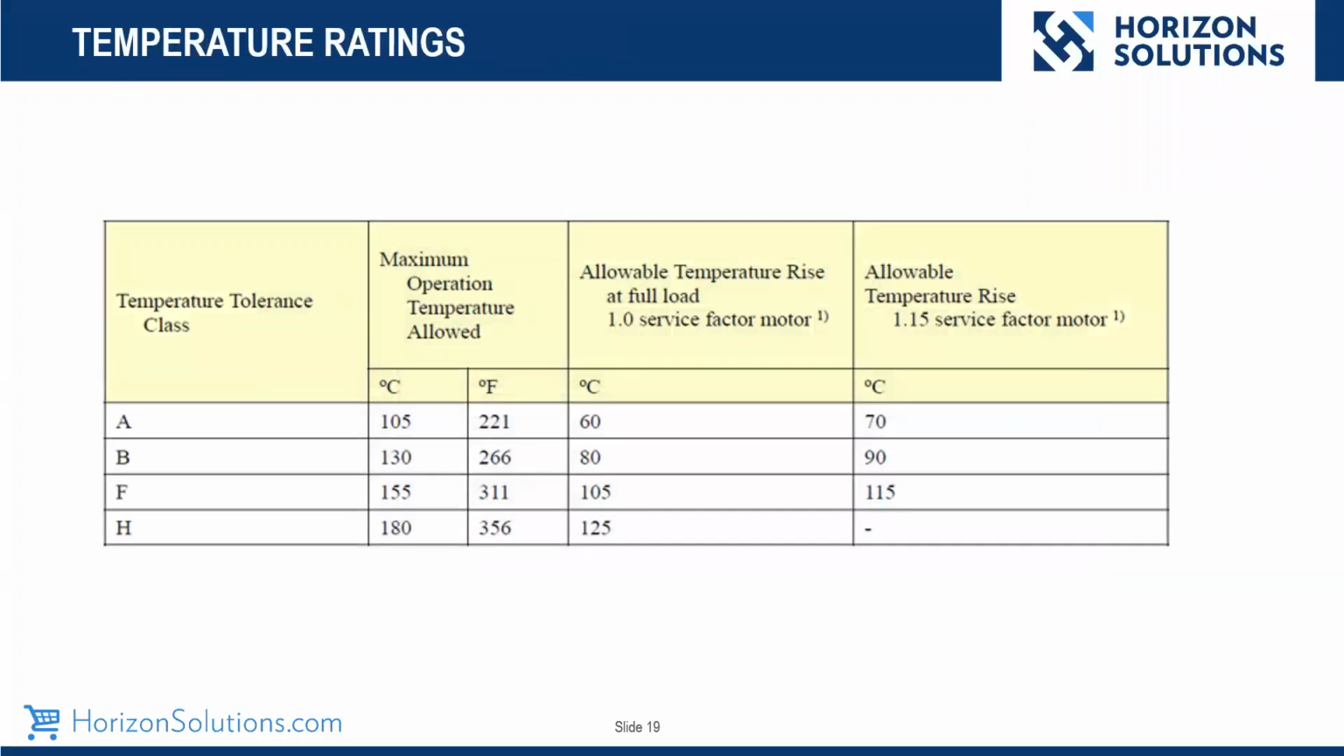Let's take a look at temperature ratings. When we look at the nameplates on these motors, we say, well, it's just a nameplate, I only need it when I need to replace the motor. Well, you sort of need it for other reasons too, right? You want to make sure that the application and the ambient temperature that you're putting these into lines up with